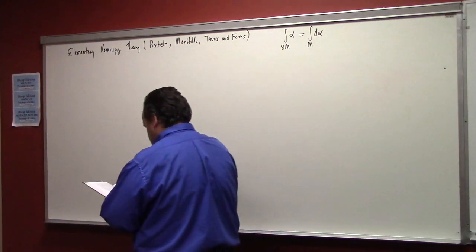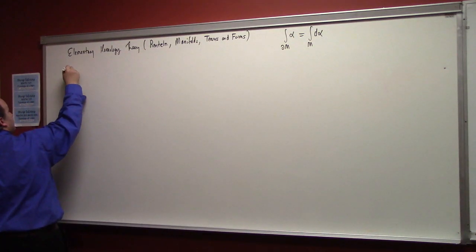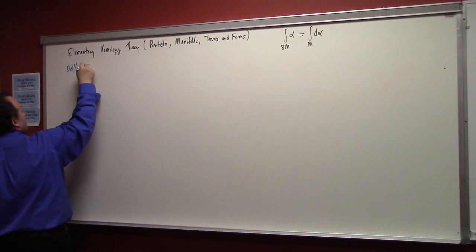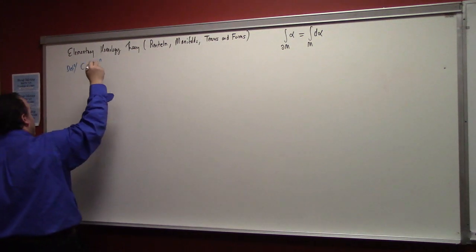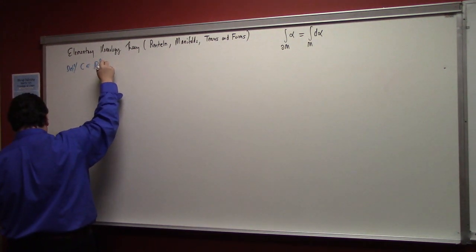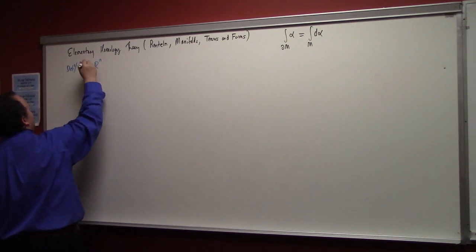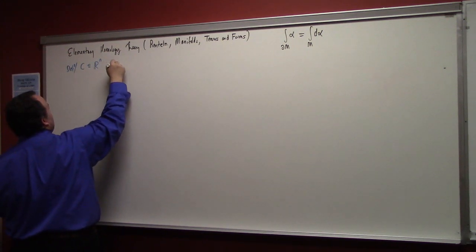Here we go. Definition. This is all happening in R^n, okay? So C, a subset of R^n, is convex